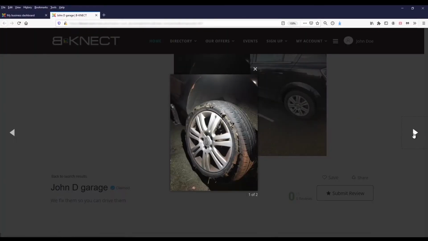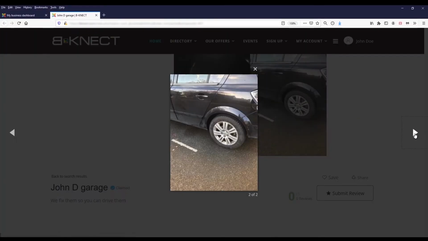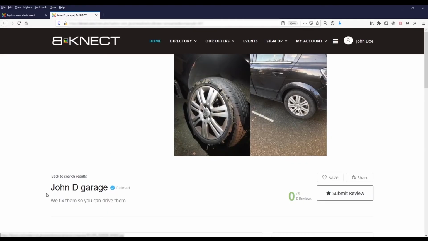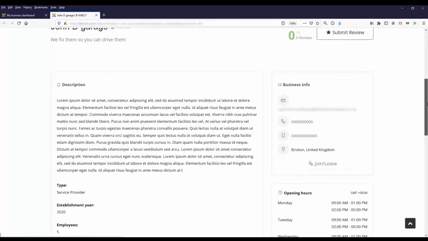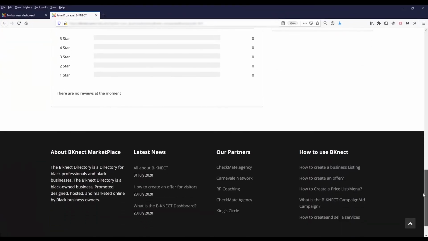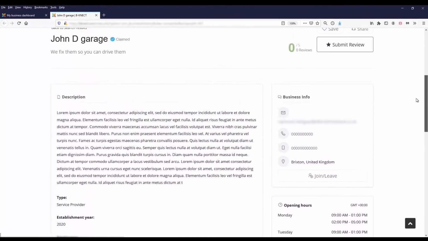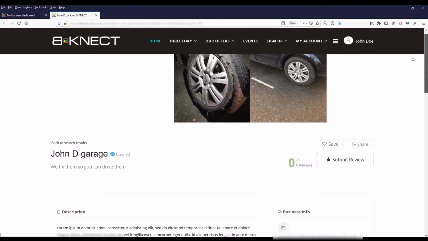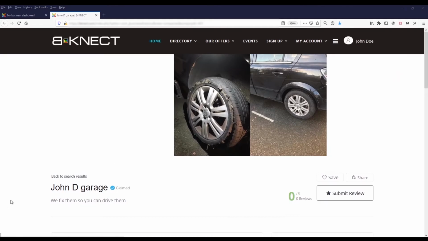However, we can't see any of the other additions at the moment, and the reason for that is because, as I stated before, it does take a day or two for things to go through. But once they go through, it hits the back end of our offices and one of our BKnect Marketplace teams will then authorize the actual purchase. So just bear with me for 1 second. Okay, so the purchase has now been authorized in the back end,